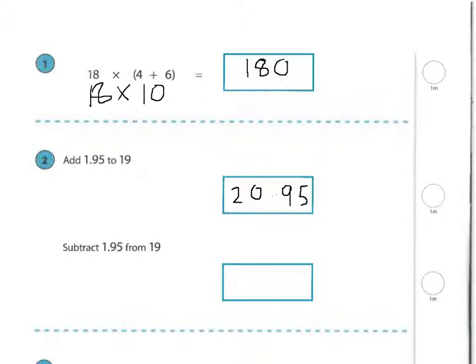Question 2, subtract 1.95 from 19. So I would do this by subtracting 2 to start off with, and then compensating by adding something on. So 19 take away 2 is 17, but by subtracting 2, I've subtracted 0.05 too much. So that 0.05 has to be added back on at the end. So my final answer is